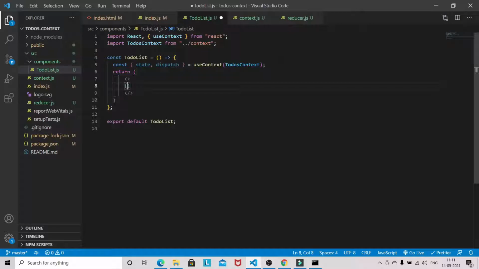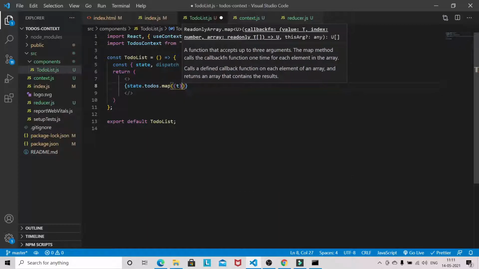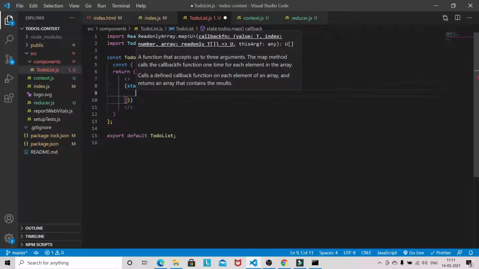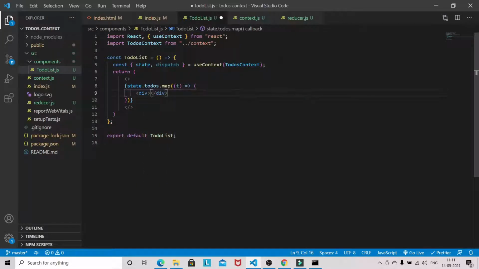Okay, so state dot to-dos dot map, t dot text.